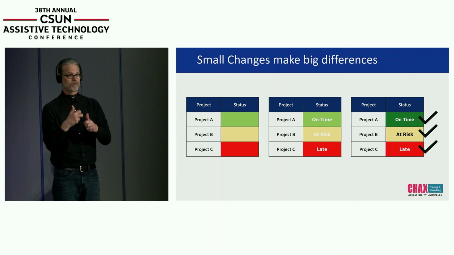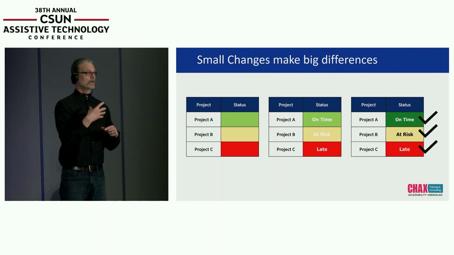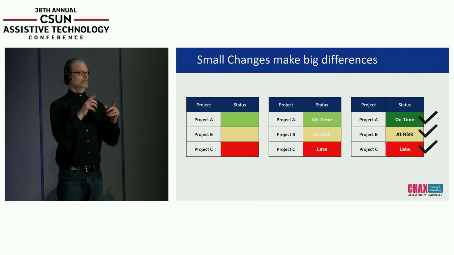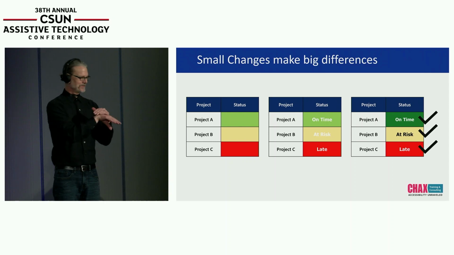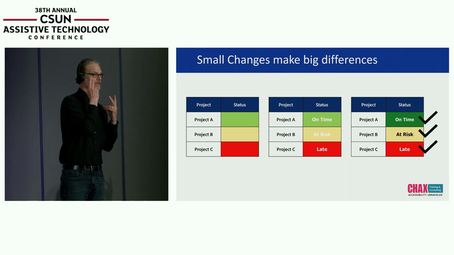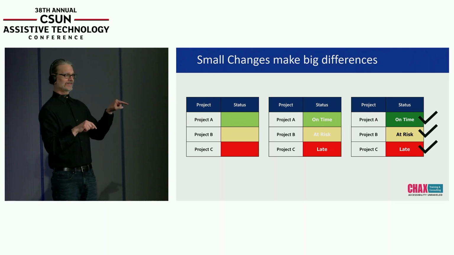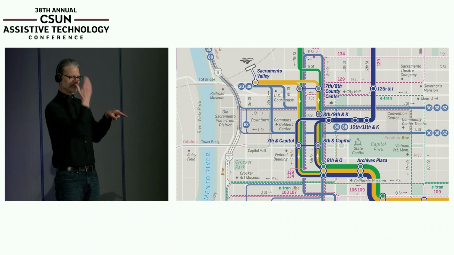If we just simply darken the green color, change our text color to black in the yellow square, and white on red is an accessible combination in this instance, we now have a completely accessible chart for both a sighted person and someone using assistive technology. And I think all of us would agree that the table on the right is much easier to read than the table on the left. You immediately know what's going on. Small changes make big differences.